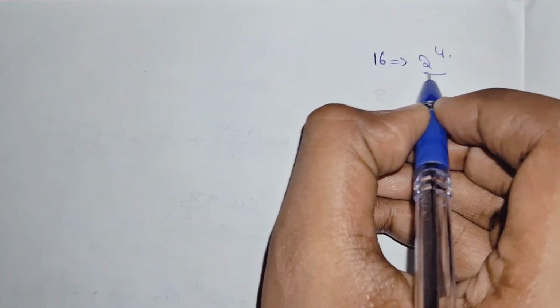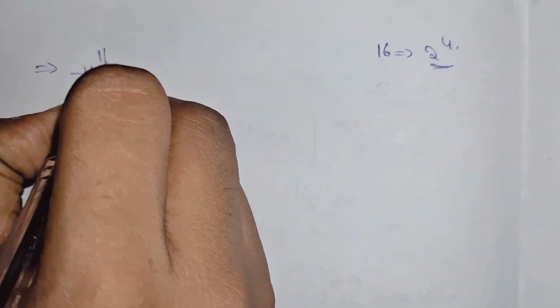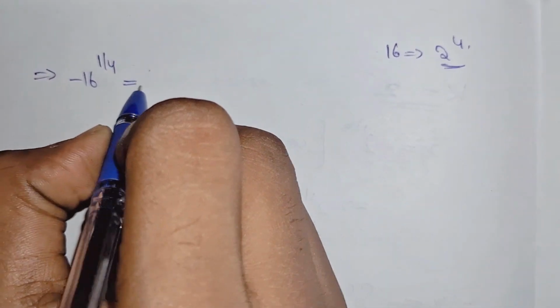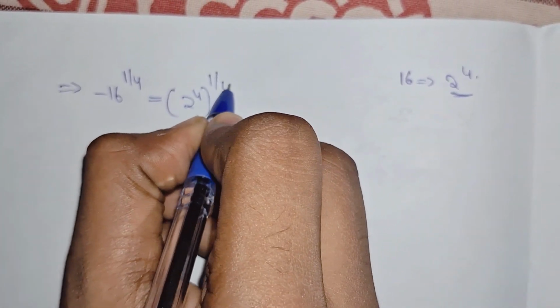Now 16 is nothing but 2 to the power 4. We are writing 16 as 2 to the power 4 here. Therefore minus 16 to the power 1 by 4 will be equal to 2 to the power 4, to the power 1 by 4,